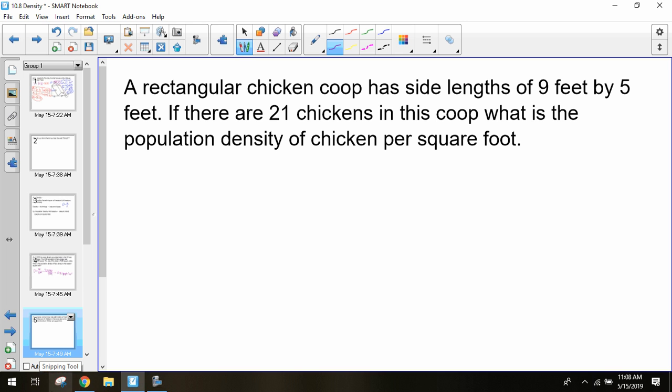All right, so similar idea for this question. A rectangular chicken coop has side lengths of 9 feet by 5 feet, and there are 21 chickens in this coop. So what is the population density of chickens per square foot? What are your thoughts when you see this question? There's two steps. Yeah, it's a rectangular chicken coop, so